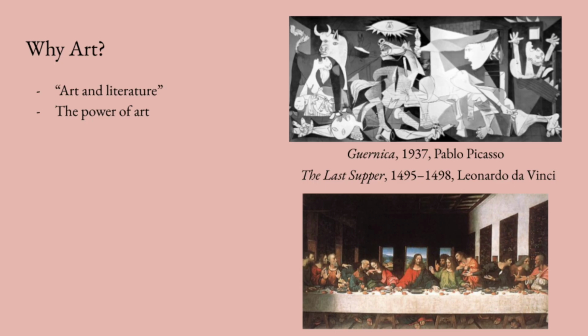So, first of all, where did I begin my research process? When I originally started out with this research project in the beginning of this semester, I chose art and literature throughout all of early modern history as my research topic. So I actually really struggled narrowing down my topic from literature and art as a broad category to what I have now, which focuses specifically on visual art in the Ming Dynasty and the Renaissance period.